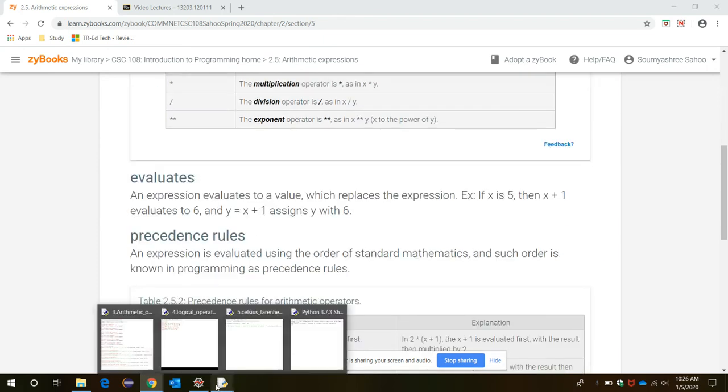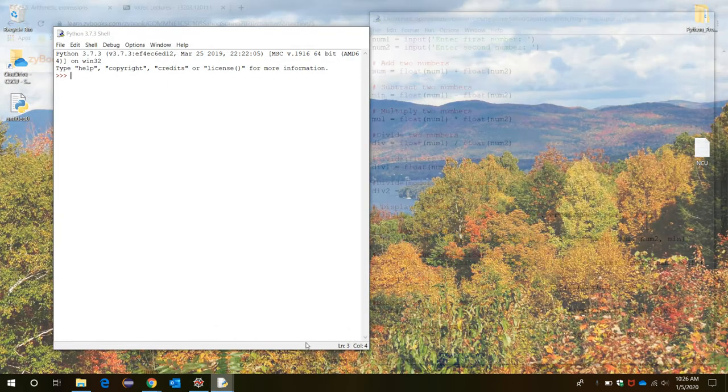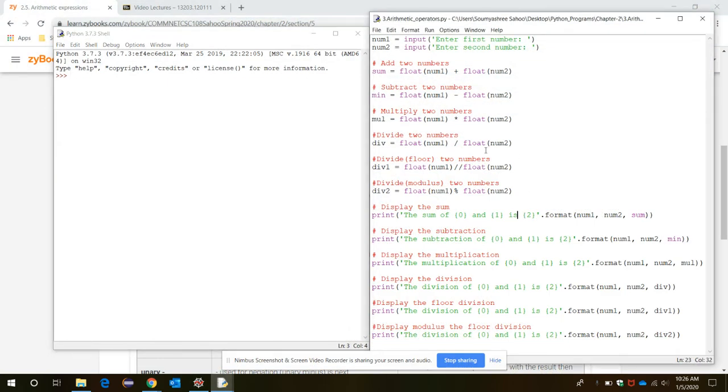Let's see some of the operators and their uses through a program. Here I am using the Python IDLE for explaining this program. The first two statements are about entering two different variable values through two separate instructions. So let's enter the first number, then enter the second number. So while I run the program,